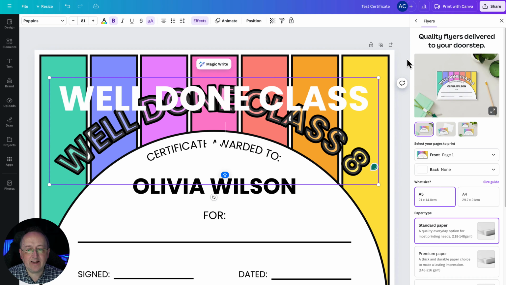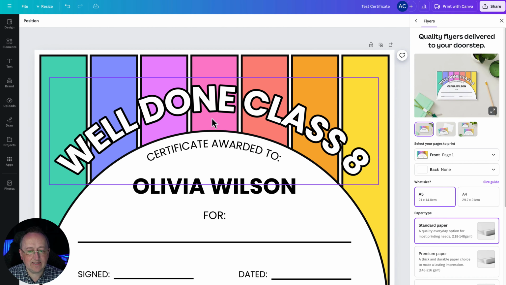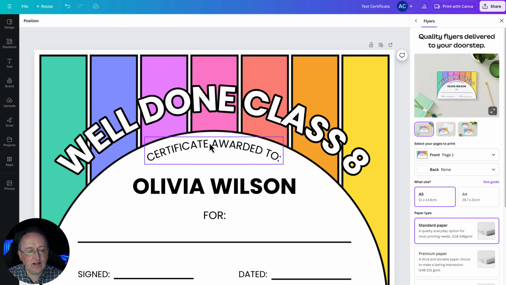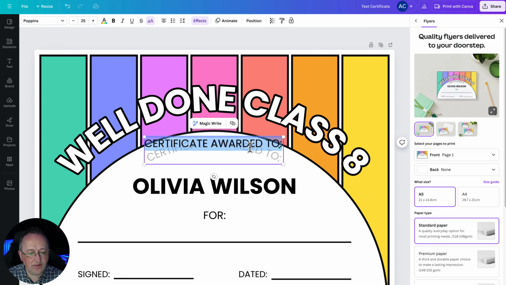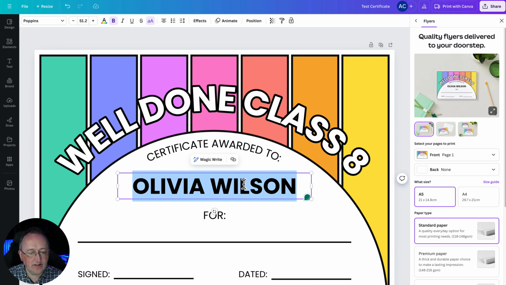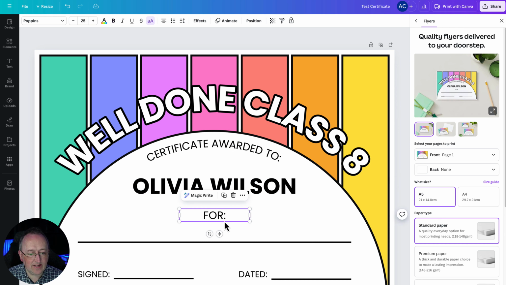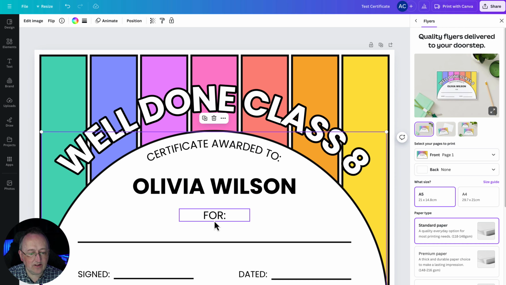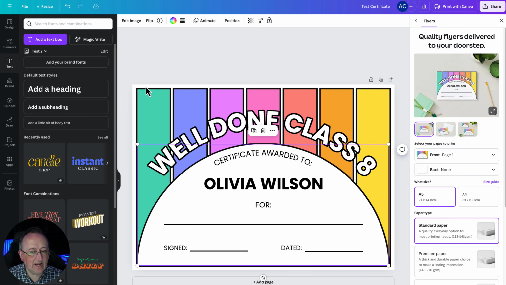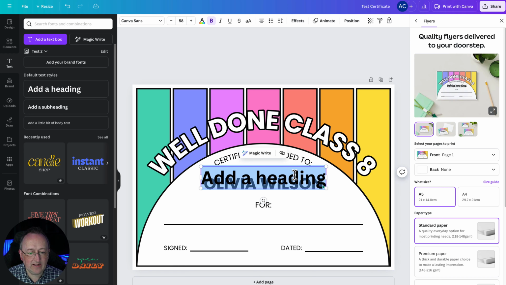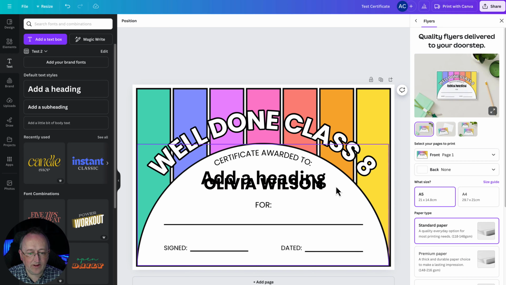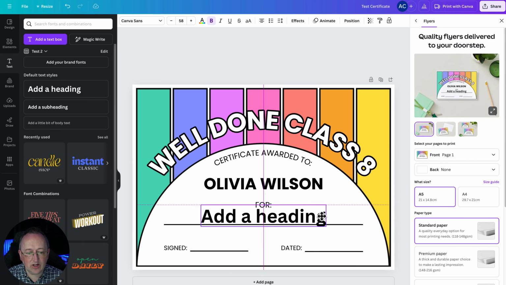And then if I click off the canvas, as you can see, that has updated that text and it has kept it on that round orientation. I can then do exactly the same with this. I can double click on it and change any of those things, and I can also then go into text, add a heading, click off the canvas, bring that down,